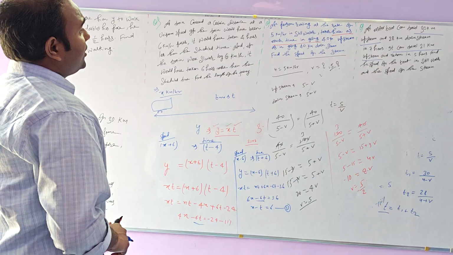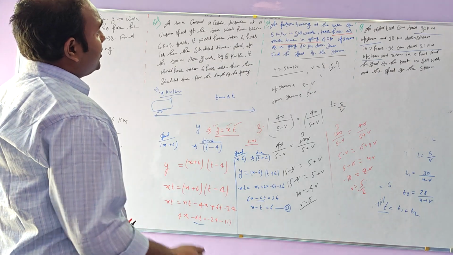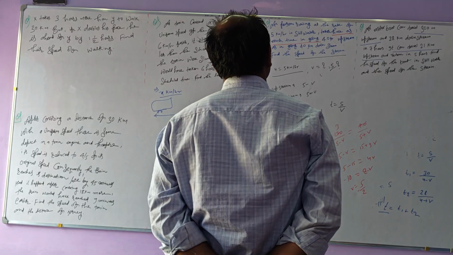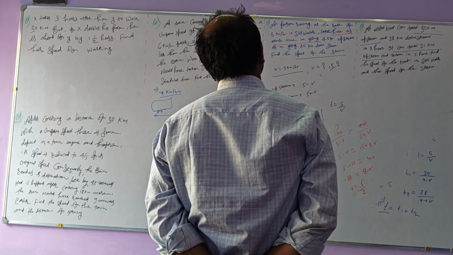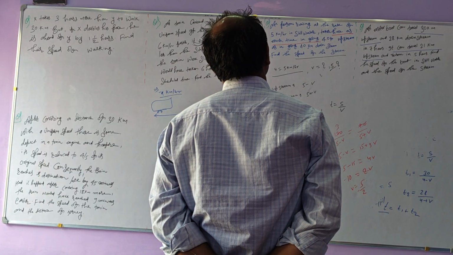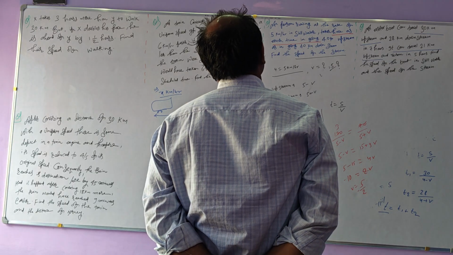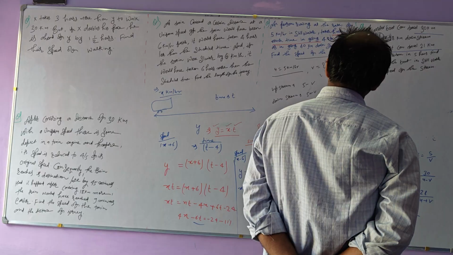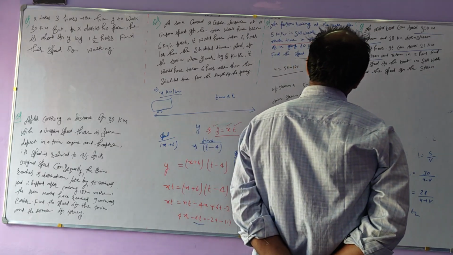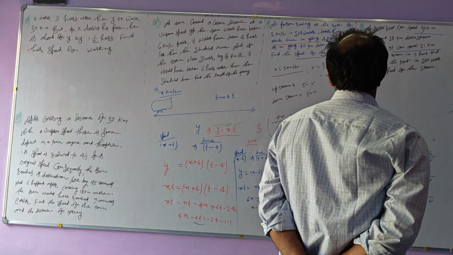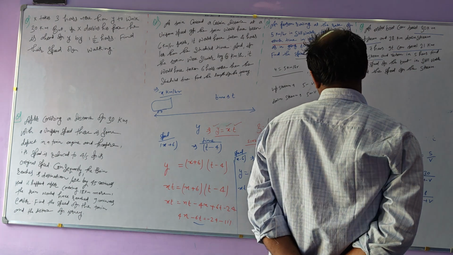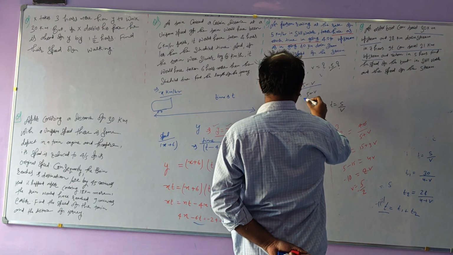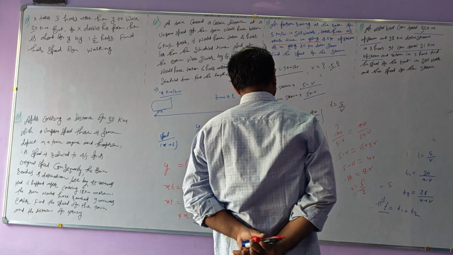At the rate of 5 km per hour in still water, u is equal to 5 kilometers, v is equal to what? It takes thrice as much time in going 40 kilometers upstream as in going 40 kilometers downstream. Upstream is 5 minus b, downstream is 5 plus b.